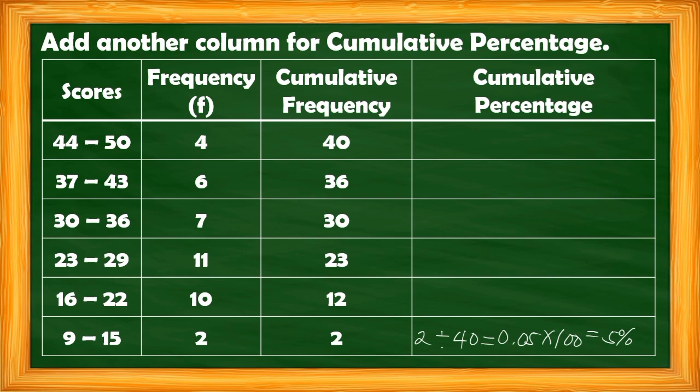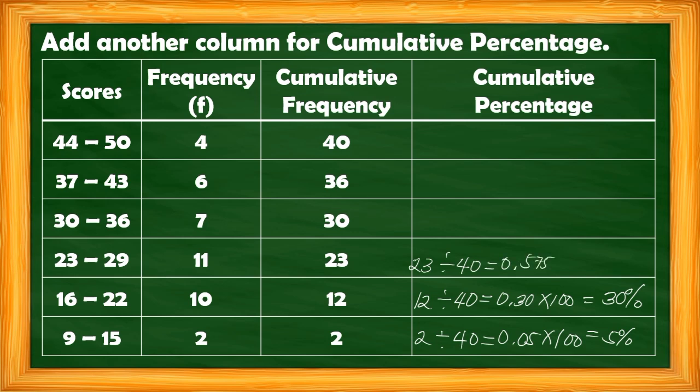Next naman, 12, ganun pa rin, divide natin sa 40. Ang makukuha ang sagot, 0.30 times natin sa 100. Ang lilitaw na sagot is 30%. So, kung ayaw nyo mag-multiply ng 100, yung pinaka-shortcut natin dyan is you move 2 decimal places to the right, papuntang kanan. Next, 23 divide 40, that is